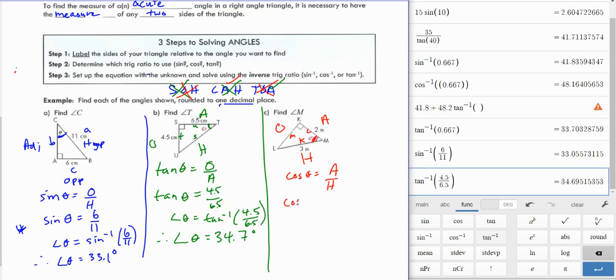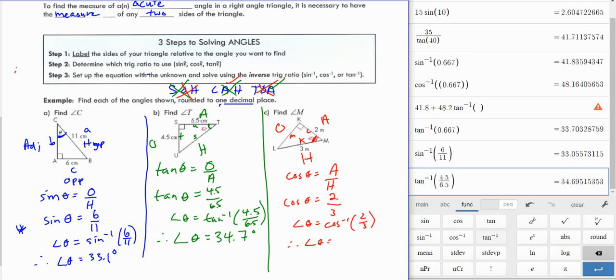So what do we know? We know the adjacent is 2 meters and the hypotenuse is 3 meters. We're going to now switch to angles, and cos -1 of 2 divided by 3, and therefore our angle will be